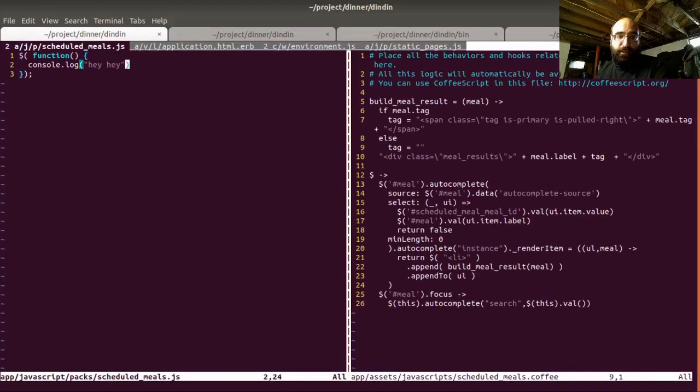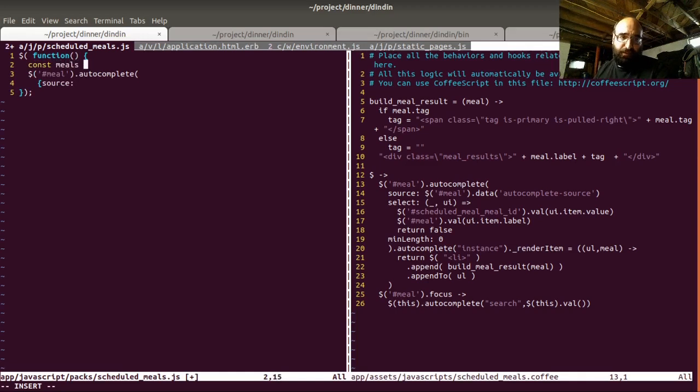Okay, so I want to start this off really simply. I'm not going to go too crazy. I'm going to just say that we're going to rip this from the old one. So we're going to find our meal field with ID of meal, and then we're going to say something along the lines of, because now this is not, actually let's do this way. So we're going to say const,